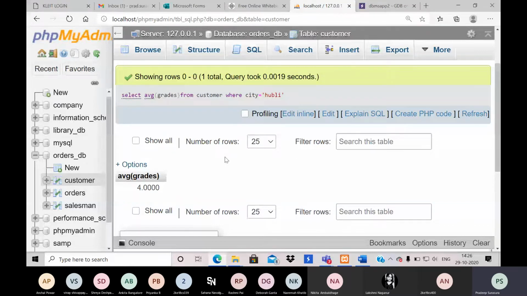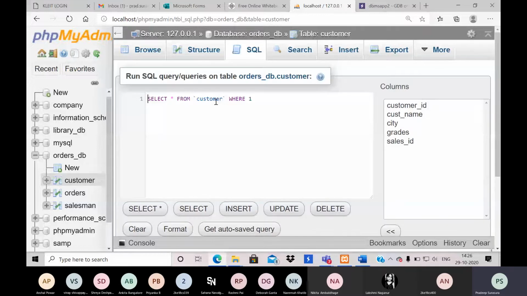Okay, so coming to queries, what I am supposed to display is the information of salesmen. What is the query?